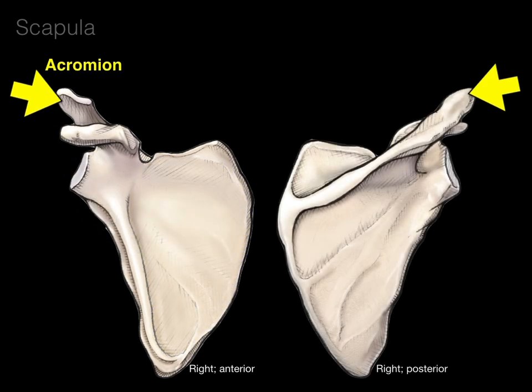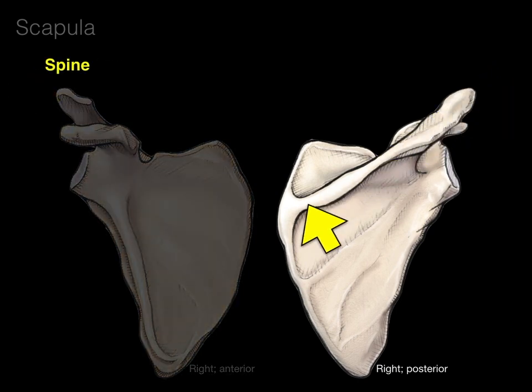Next is the acromion, which means point of the shoulder, and this is what articulates with the lateral portion of the clavicle, or acromial end of the clavicle. Here we have the spine of the scapula, which is on the posterior portion, a very palpable landmark in surface anatomy. It also serves as the attachment for the trapezius and deltoid muscles, and then it serves as a landmark